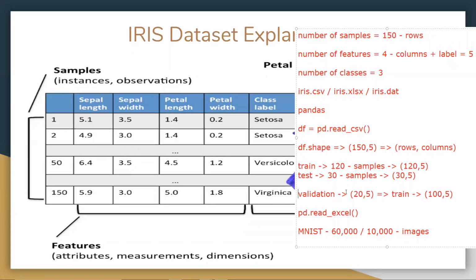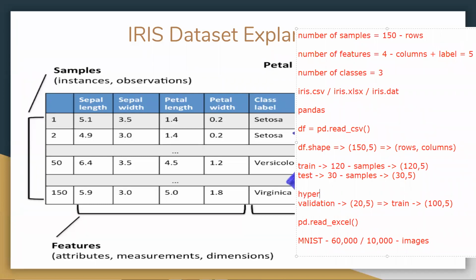We don't see this much. When you are training deep neural networks and others, then only you see validation most of the times. Wherever you have the hyperparameter tuning concept, then only you talk about validation data, because you are going to tune these parameters on the validation data. So the dataset will be divided into 3 parts: train, test, and validation. But most of the times we see only the train-test split, because we don't see much hyperparameter tuning in our regular classification techniques.